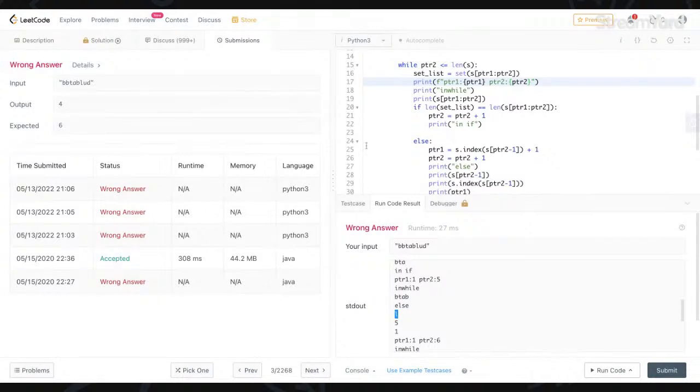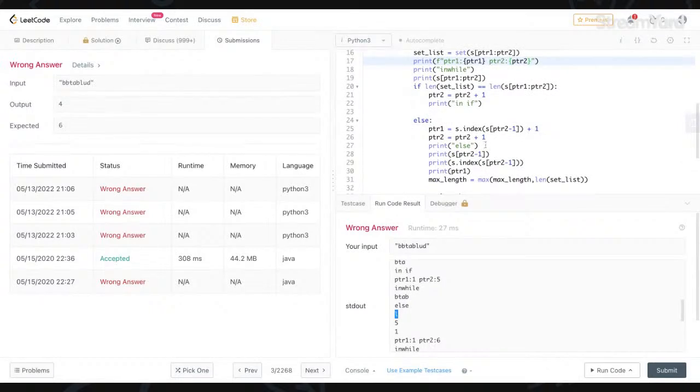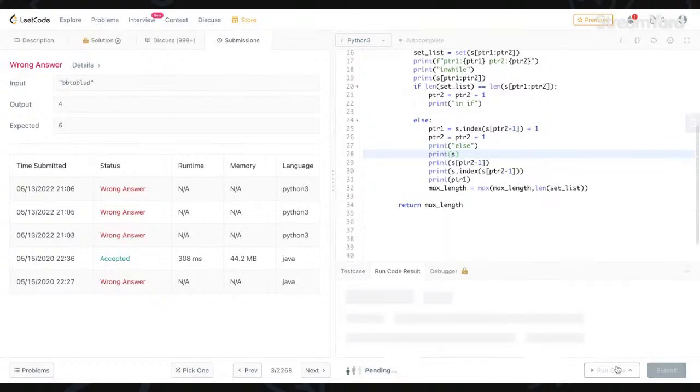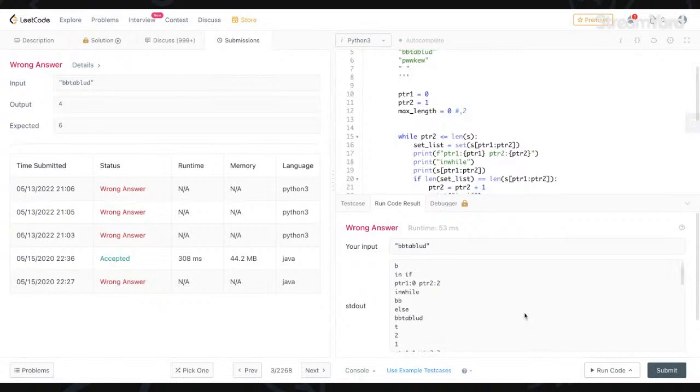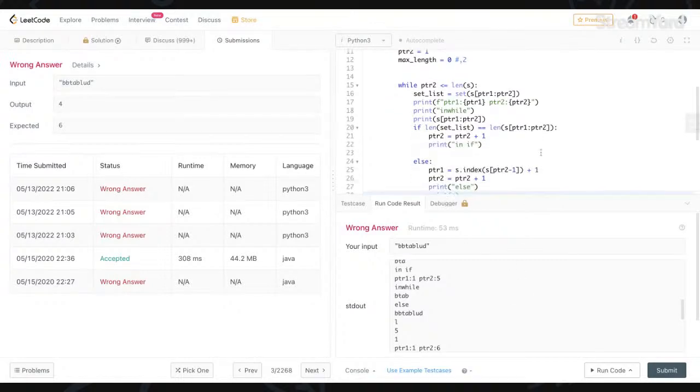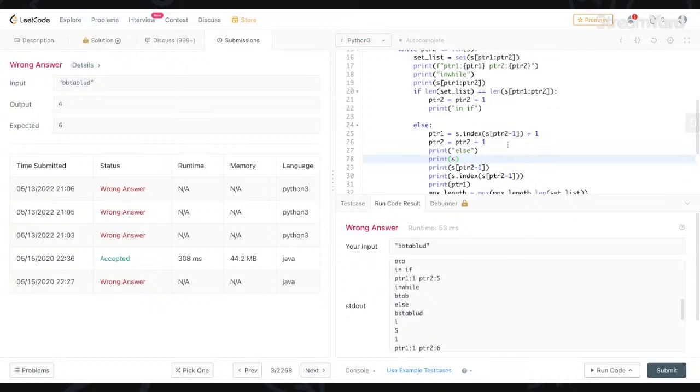Let's print. Why is it saying this? Index of